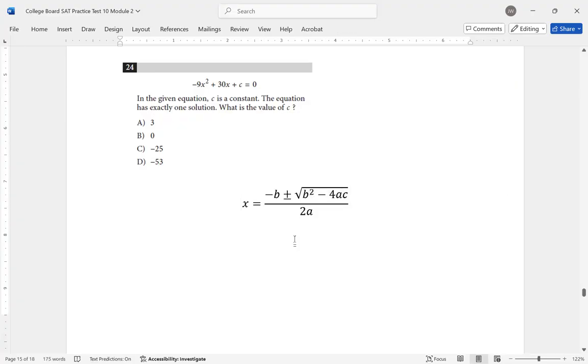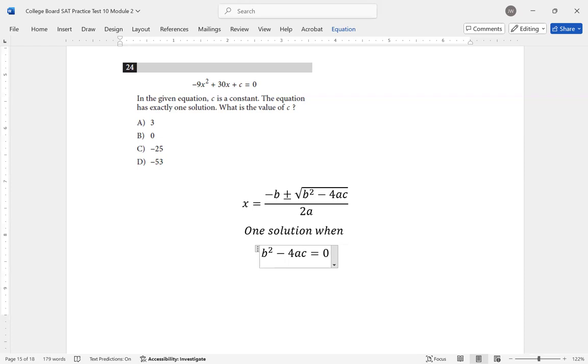The only time I end up with one solution is if b squared minus 4ac is equal to 0. So one solution when